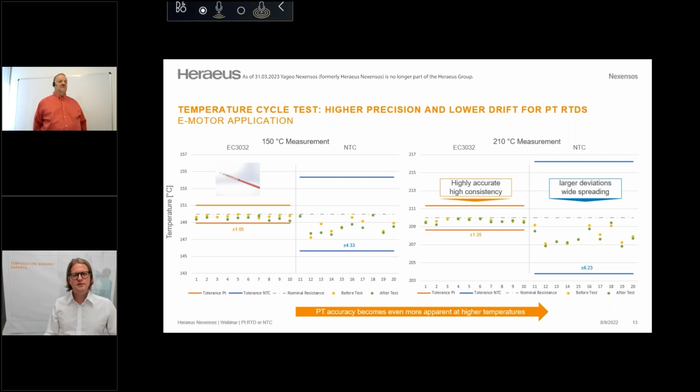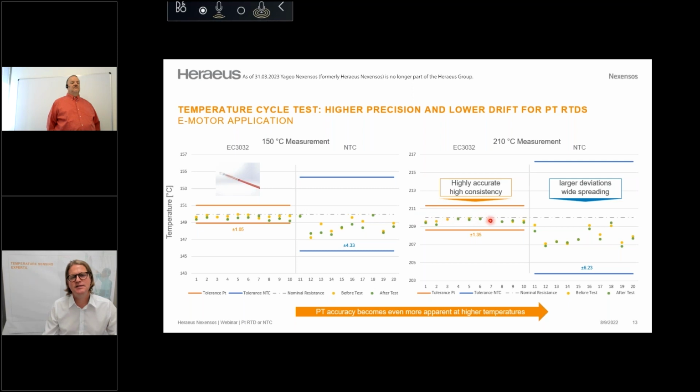And what you see here, you see yellow and green dots. The yellow dots are before the measurement, before the test, before the stress, and the green ones are after the stress. You see that our measurement results are quite similar before and after the stress. And here you see a bit more deviation before and after stress. In general, we made that after 150 degrees stressing, and here we see the results after 210 degrees stress, and the result is quite